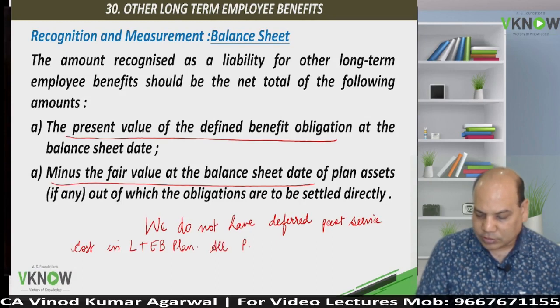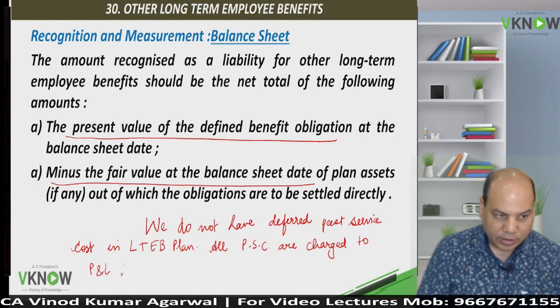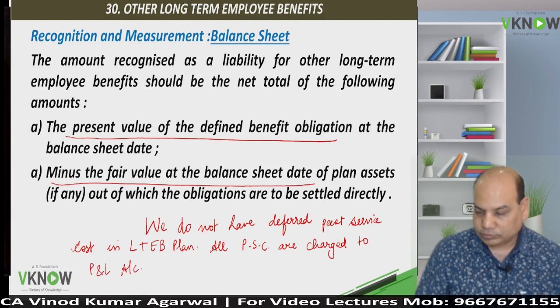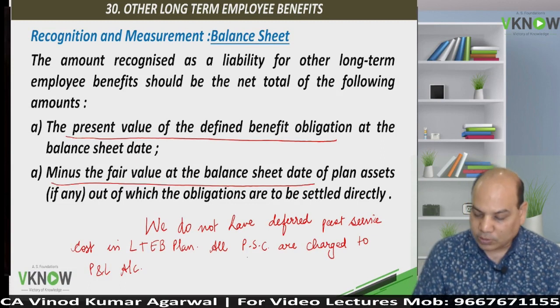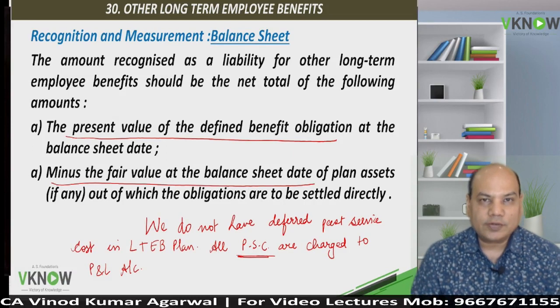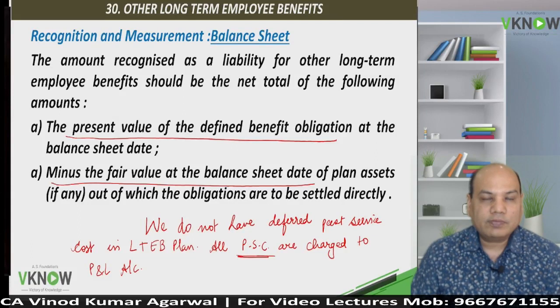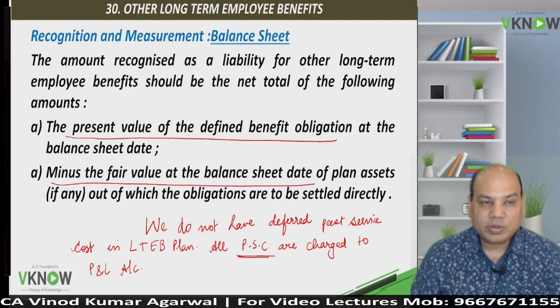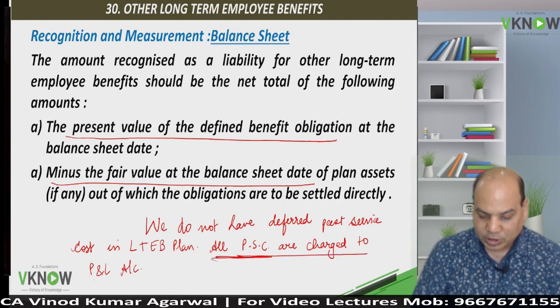All past service costs are charged to profit and loss account. In case of other long-term employee benefit, all past service costs are charged to P&L account. They are not carried forward because it is believed that this amount will not be very material. So all past service costs are charged to P&L account